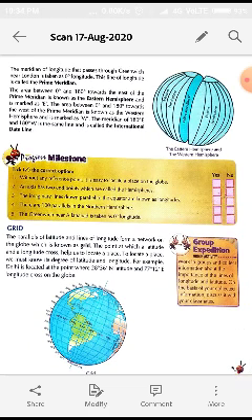The meridian of longitude that passes through Greenwich near London is taken as 0 degree longitude. It means we have different times in different countries because time is decided according to Greenwich. Near London, that point is at 0 degree longitude. This line of longitude is called the prime meridian.